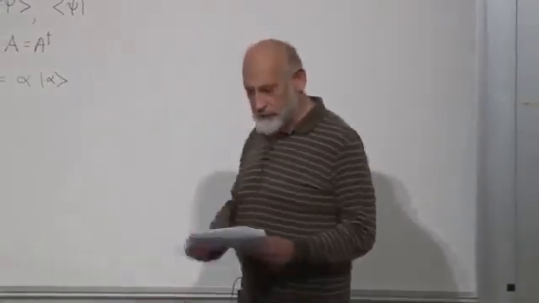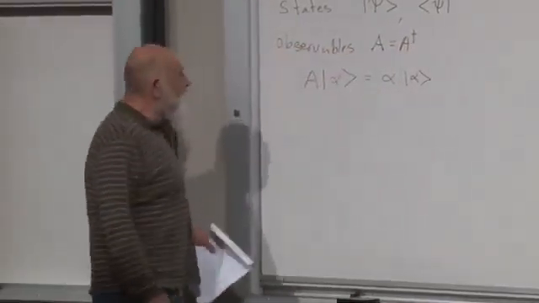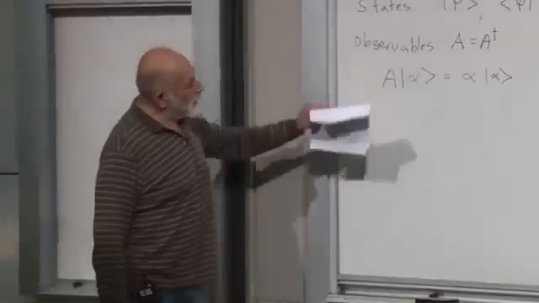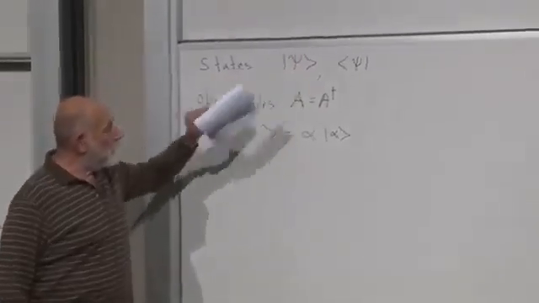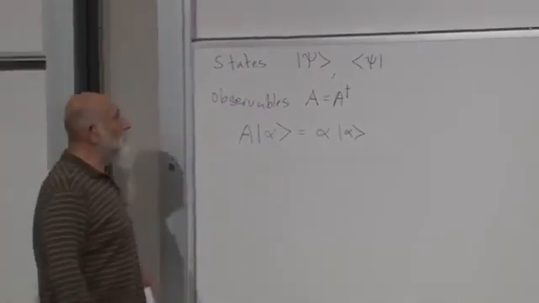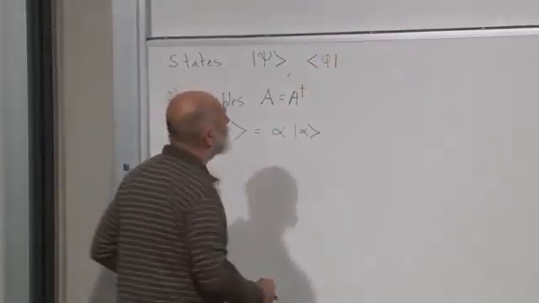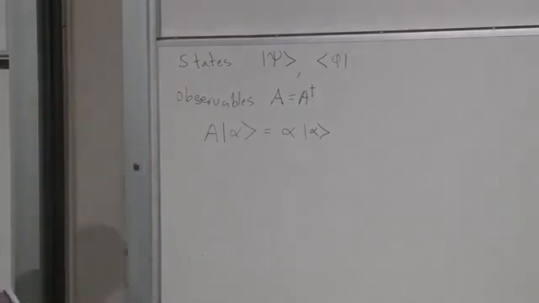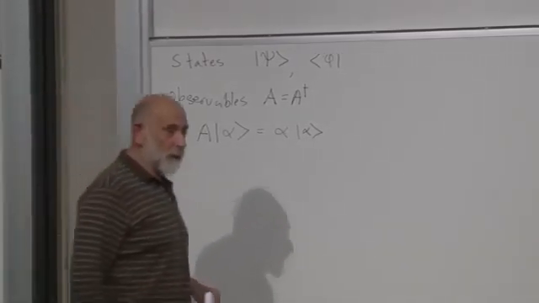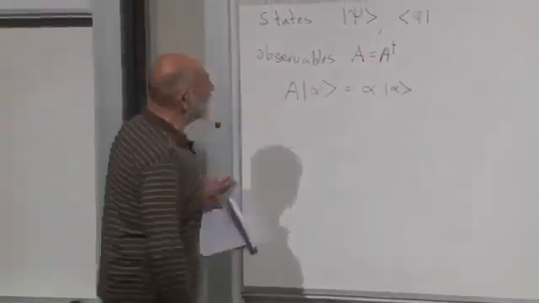Let's write formulas for the case of one dimension, but I'll tell you what to do for 3 dimensions in a moment. Okay. Oh, sorry, let's come back. One point that I need to emphasize. For every bra and every ket, let's call the bra phi. It is not necessarily the particular bra that goes together with psi, with the ket psi. For every pair like that, there is an inner product. There is a number. That number is in general a complex number, and it is represented as the inner product,